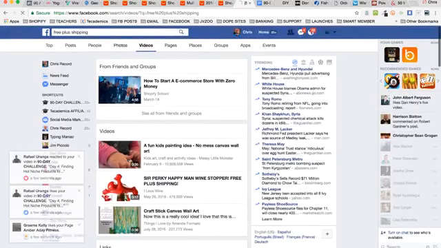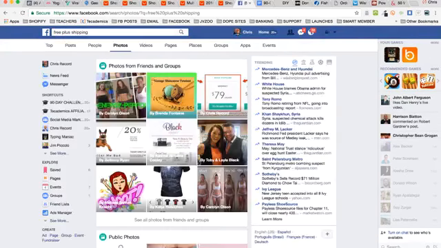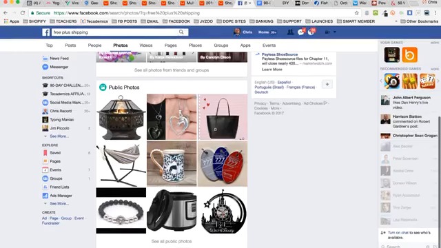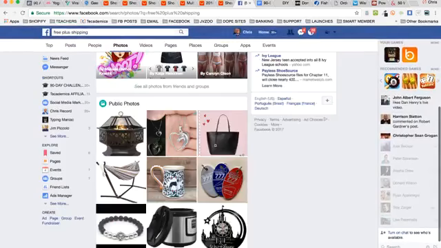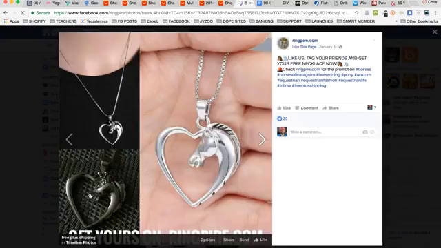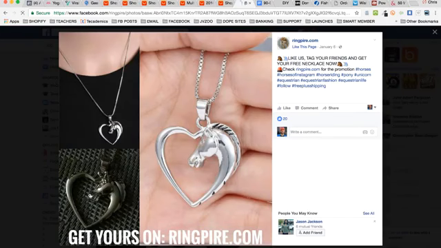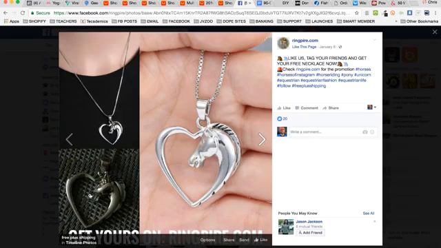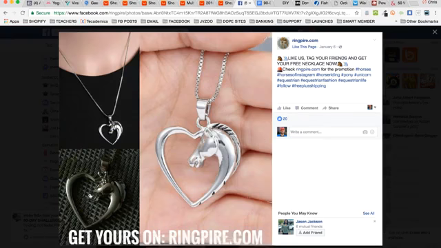You can go to photos, free plus shipping. Start looking at all this. Start looking at ideas for what people are selling, and you just kind of go in and start to look at it. You're like, okay, like us, tag your friends, and get your free necklace now. So see, if somebody loves horses, they might also like this horse jewelry, and it says get yours on ringpire.com. So then you can see they're tagging people that are interested in horses, equestrian stuff, equestrian fashion, and